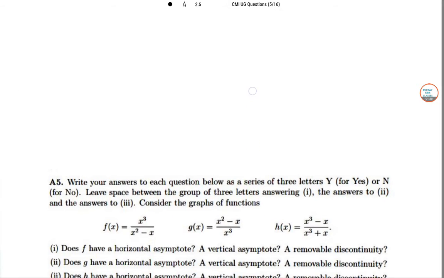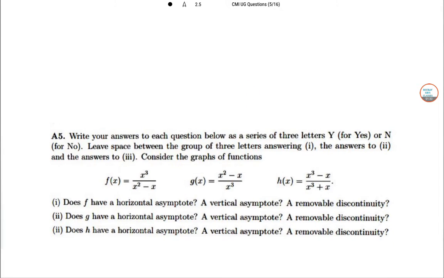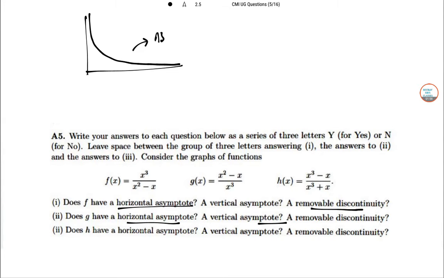So write your answer to each of the below series of letters of y or n, yes or no. Leave a space between the group of letters answering the answers. So fx, gx, hx, 3 functions are given. So horizontal asymptote or vertical asymptote or removable discontinuity. So what is this asymptote actually? If I have a curve and if till infinity these two are extended and they are touching, then they are asymptotic to